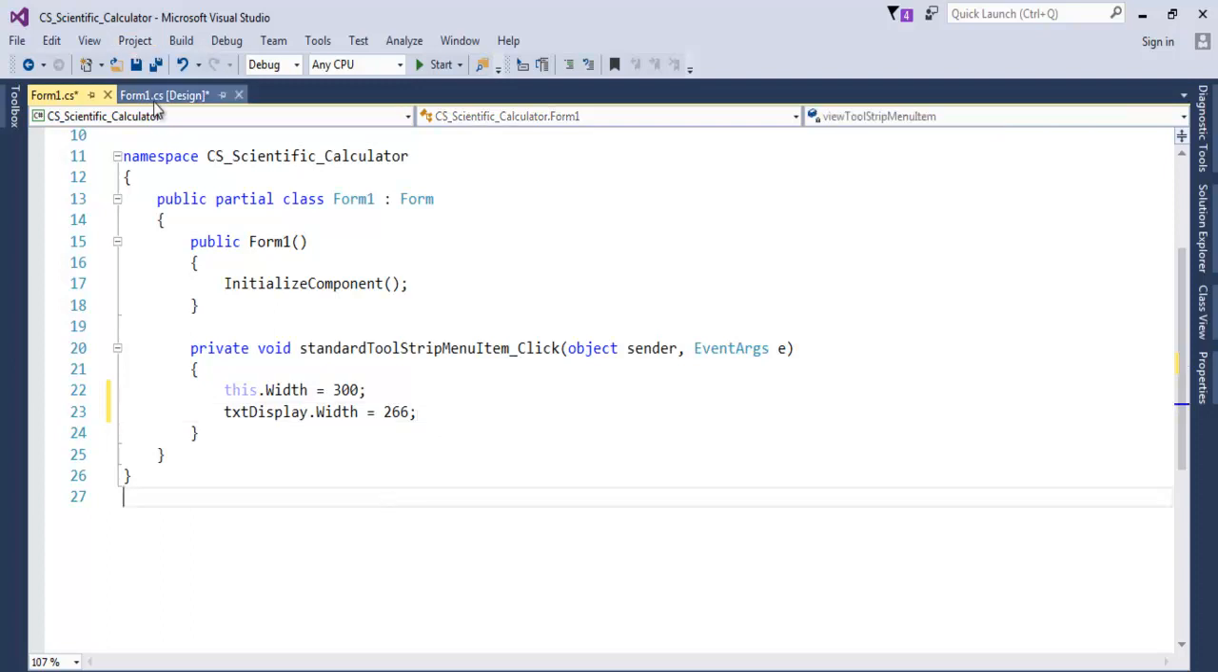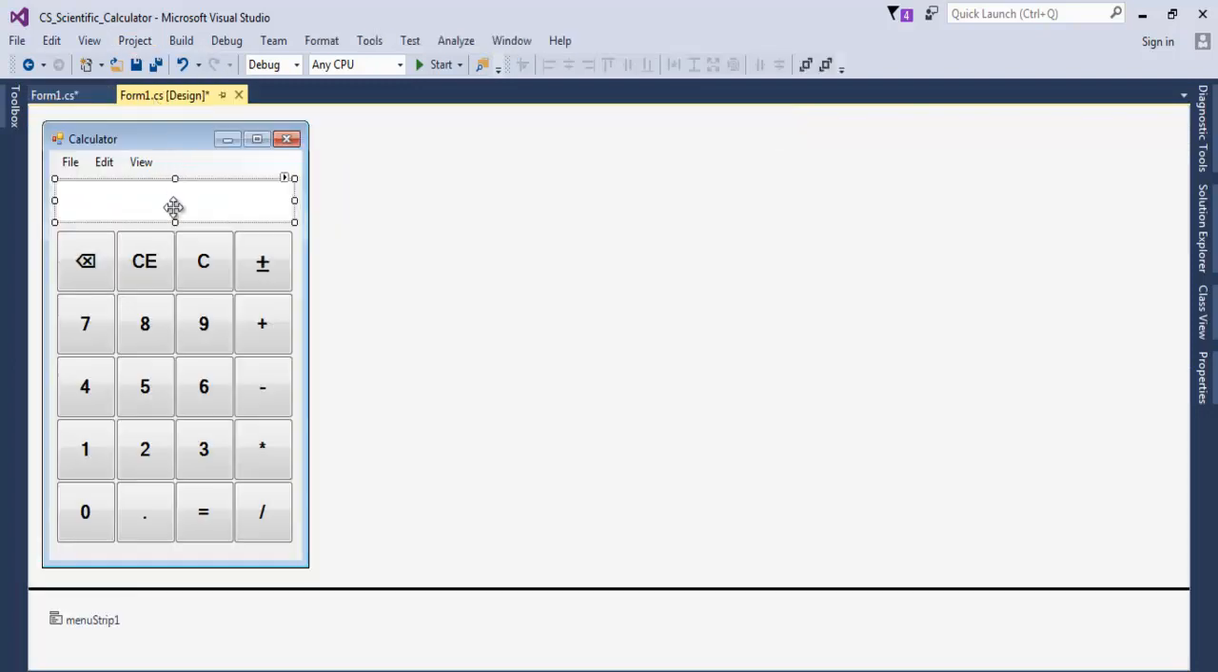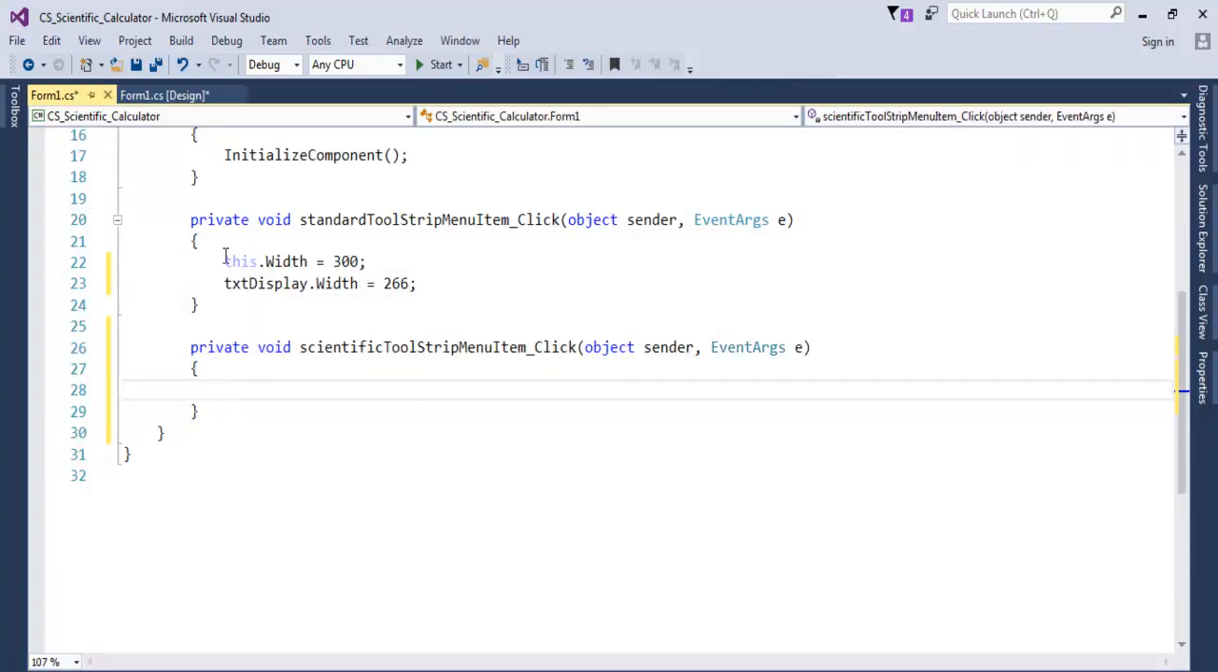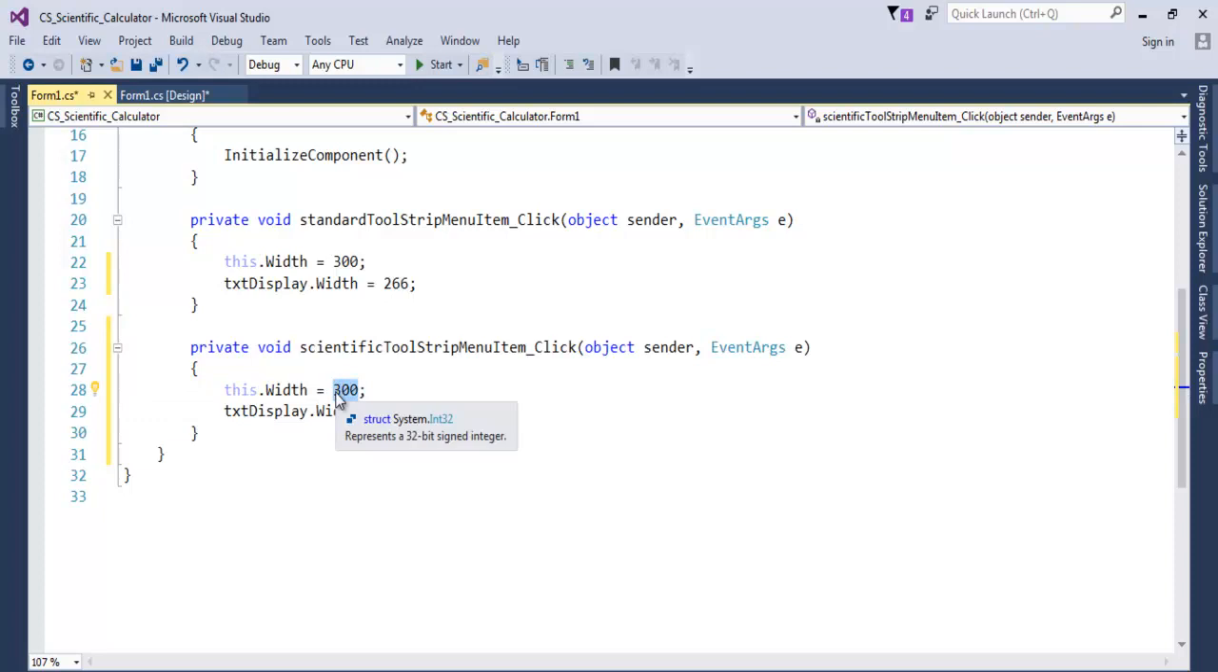Okay, now let's look at this scientific. If I double click on scientific, just copy all of this, paste it right in there, and I'm going to make that 584, and this,